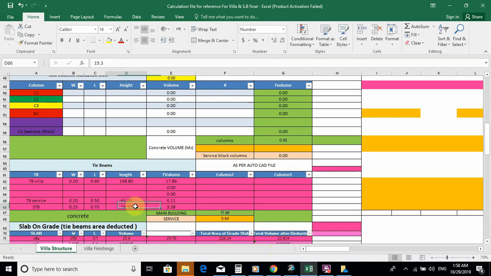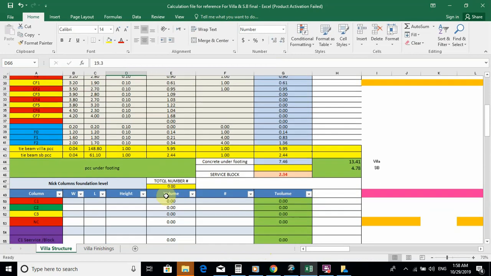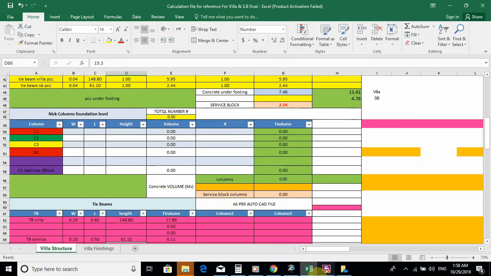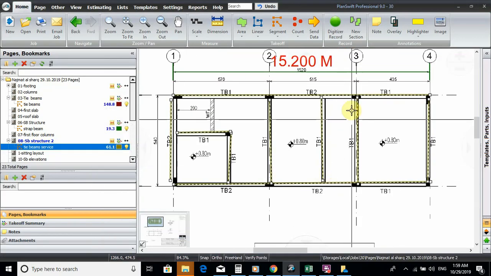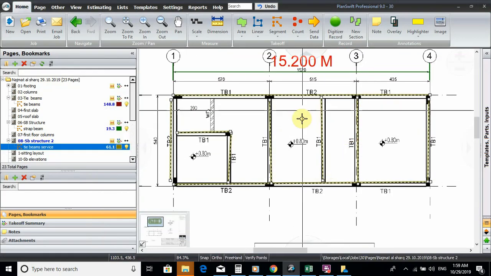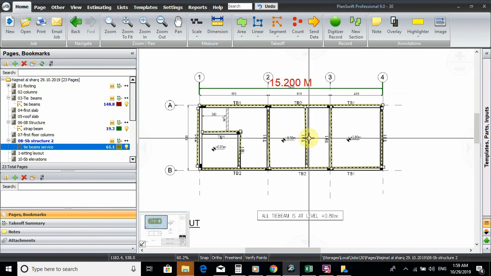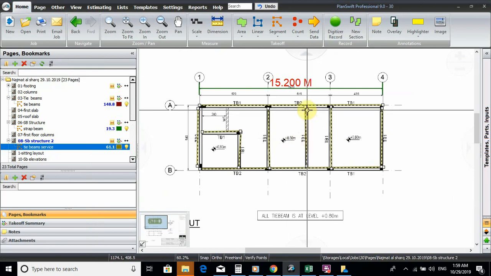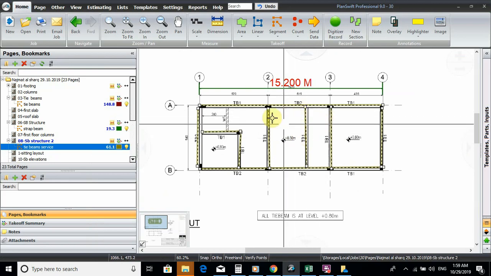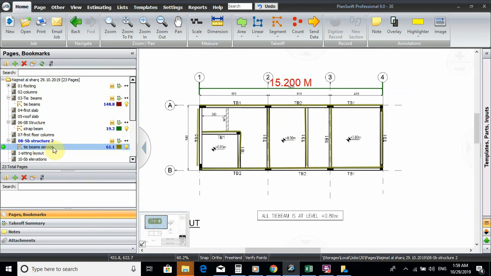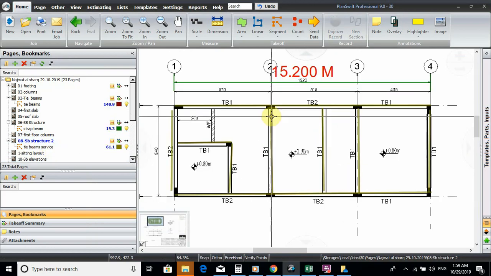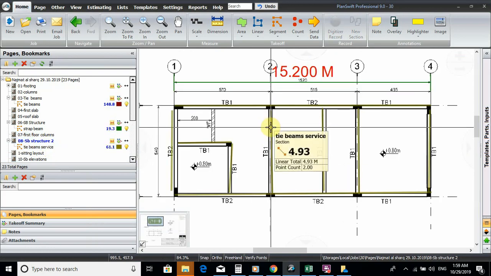Okay. Now what's supposed to happen? There are tie beams under the strap beams. There are PCCs under the tie beams, and there are PCCs under the strap beams. That means what? That means that if there is a PCC,